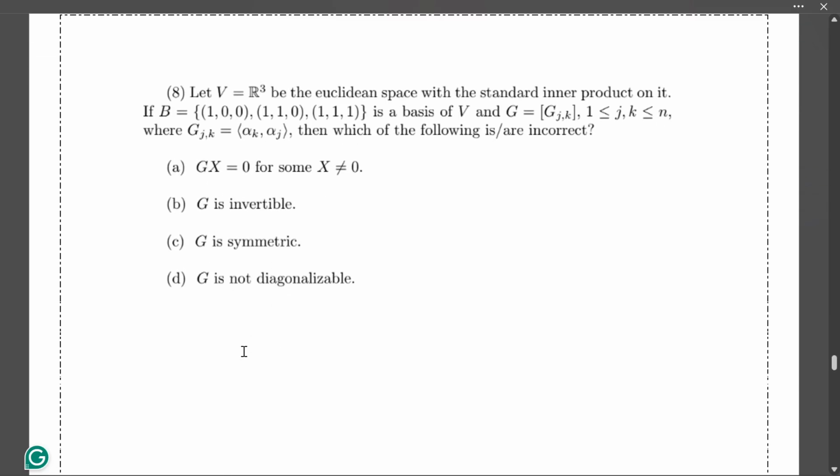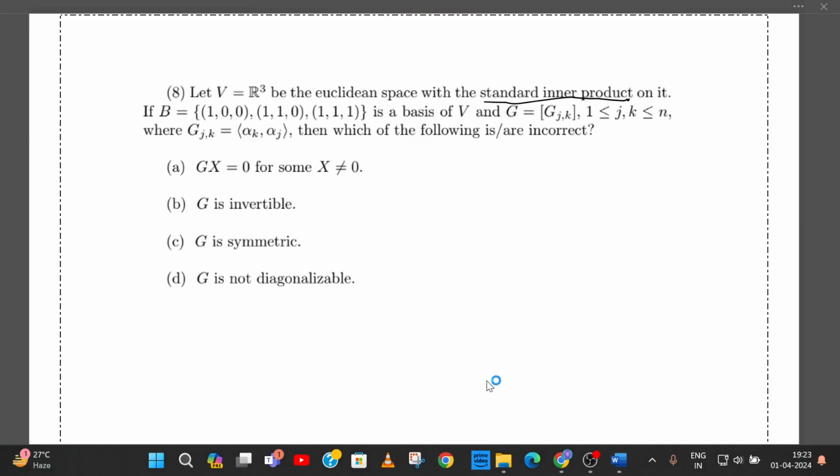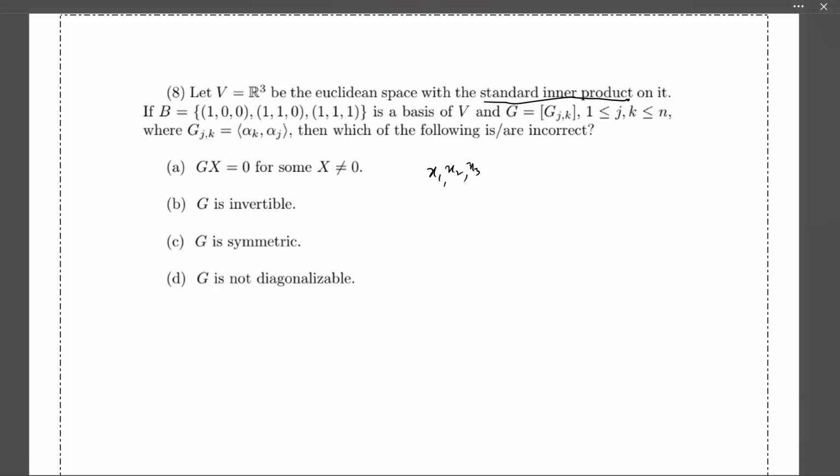Question number 8. We have this basis. This is not a standard basis, but we have a standard inner product. Okay. We have enough time, I think. So let me explain this inner product: if you have first vector x1, x2, x3 and second vector y1, y2, y3, then the inner product is the standard inner product x1 y1 plus x2 y2 plus x3 y3. So you have a basis